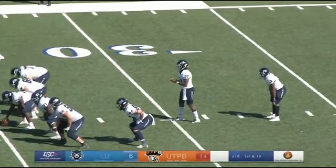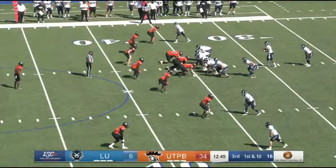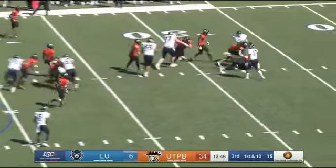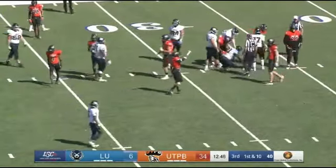First down now for the Blue Tigers. We are early in the second half. Falcons coming off the big win last week, have the big lead now. O'Kelly and